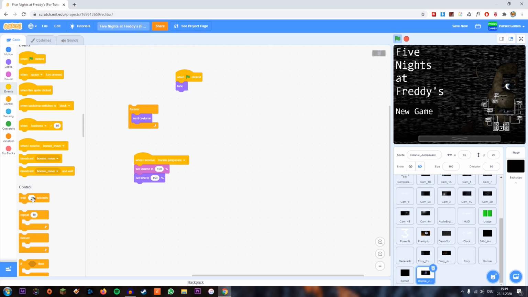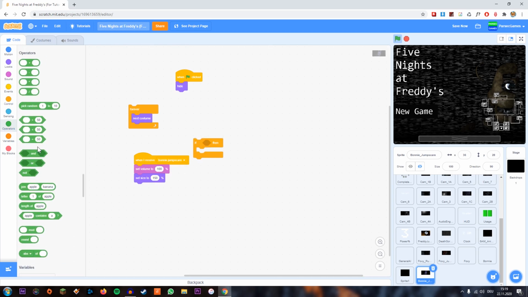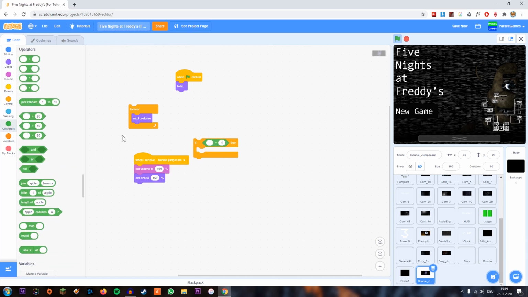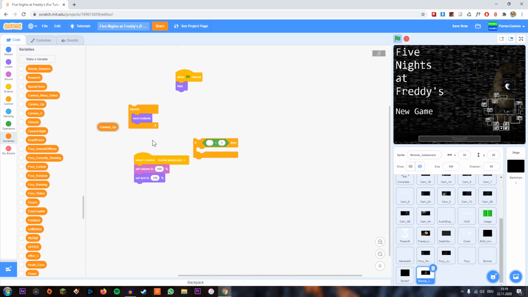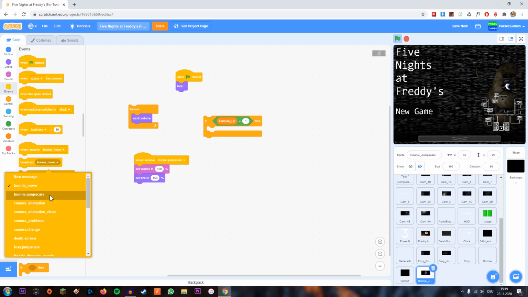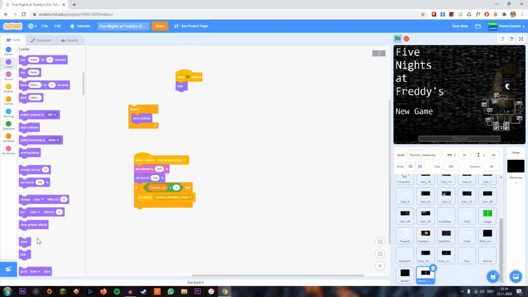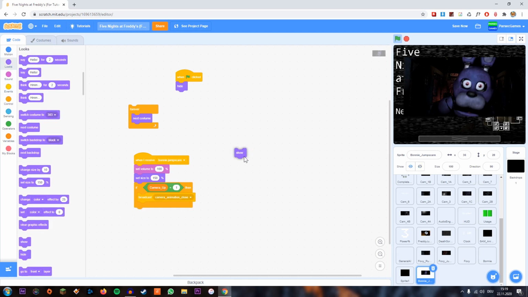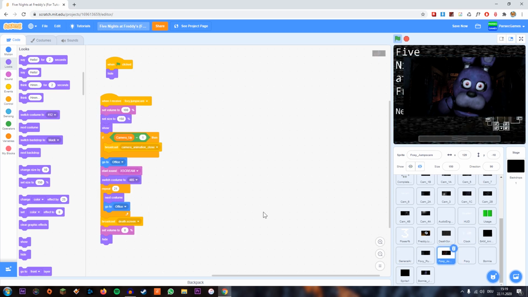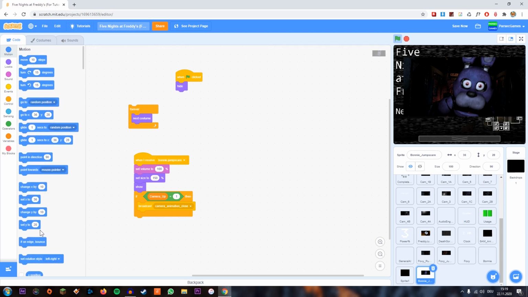So if camera up equals 1, camera up, that means the camera is up. It has to broadcast camera animation close, and we also have to show the jump scare sprite before that. And then we're gonna have it go to office,